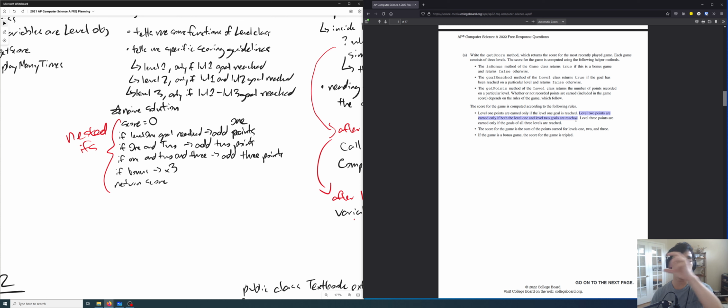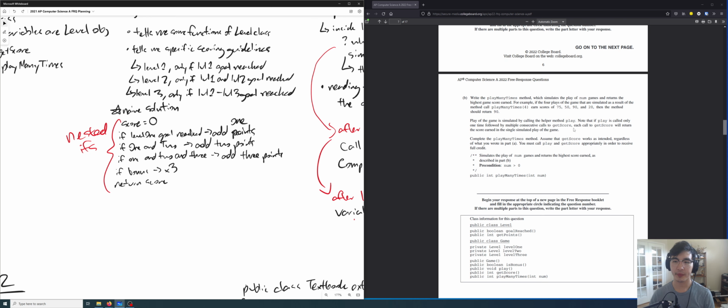If level 1 and level 2 goal reached, add 2 points. If 1 and 2 and 3 goals are reached, add 3 points. But the only way you can add to the level 2 points is if level 1 is reached. So why don't we nest that if inside of the other if? It just makes for cleaner code and the logic flows a little bit better.